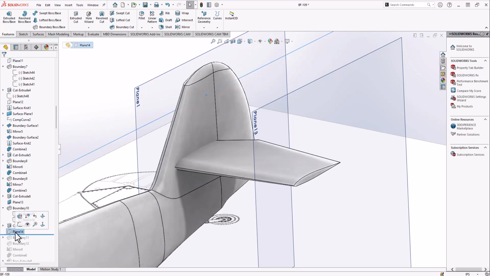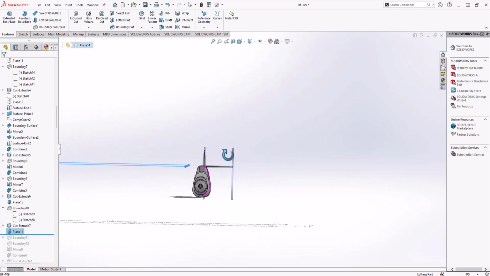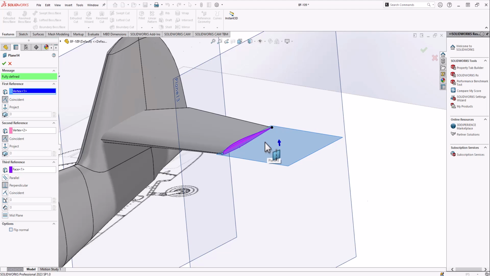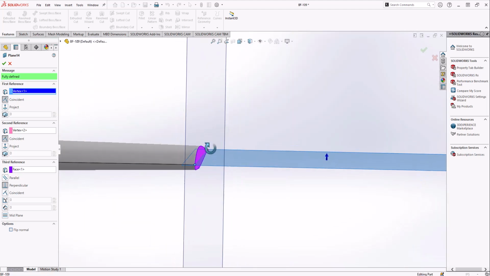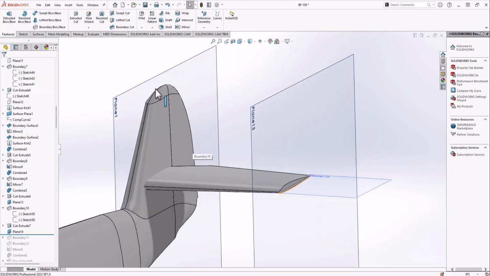And then I have this plane, whose purpose is, it's a little hard to see, but it should be constrained by these two points, right? And be perpendicular to the surface so that I can do the same exact thing I did at the top of the tail